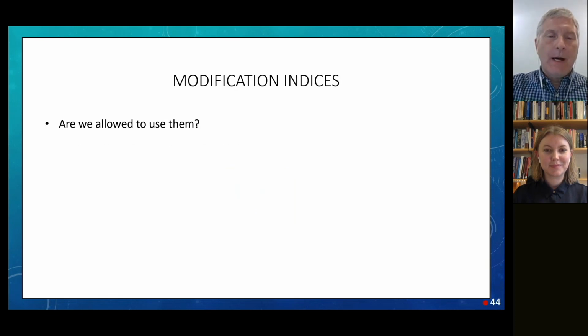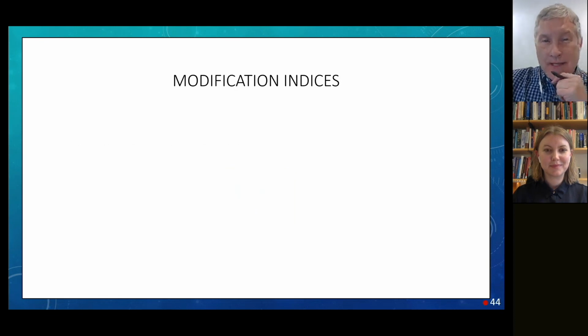It is also the case that when your model doesn't fit particularly well, the software will often say, hey, come here, let me show you something. It will pull you off to the side and say, I've got some ways you could change your model here. It might or might not have anything to do with your theory, but it will sure make your model fit better. So software, whether it's Lavaan or Mplus or other packages, will have what are called modification indices. Again, the program has no idea what makes any theoretical sense, but they are ways that you can improve the fit of your model.